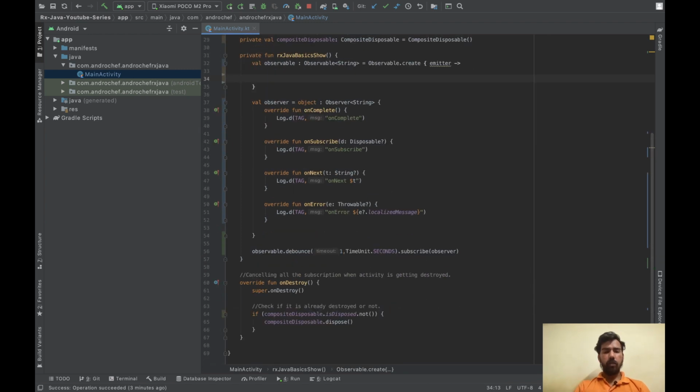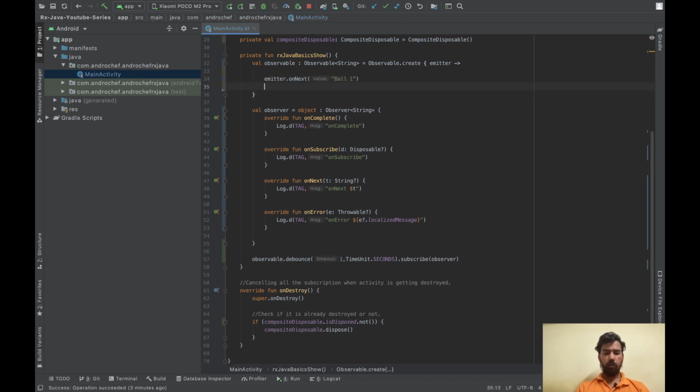So let's implement the same example. We will throw our first value, our first ball, ball 1. Now we will wait for 1.5 seconds.